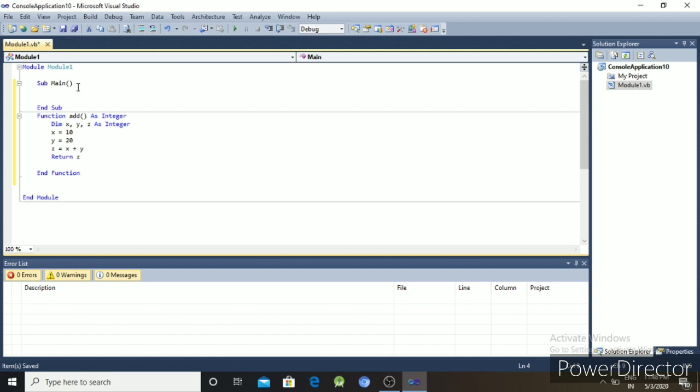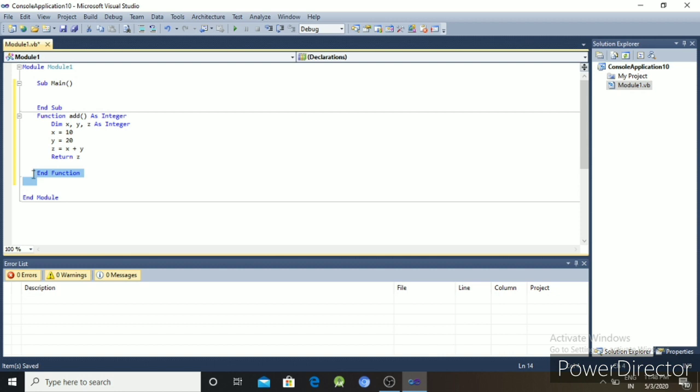Without argument means it is empty, so there is no argument here. So this is a function without argument, and this function is going to return a value. The value is an integer type, so the function ends with End Function.